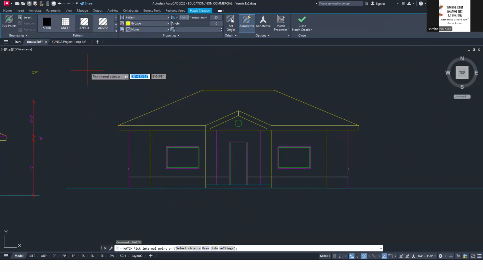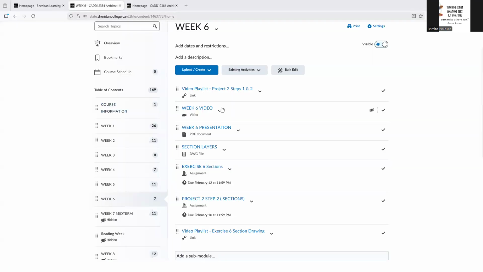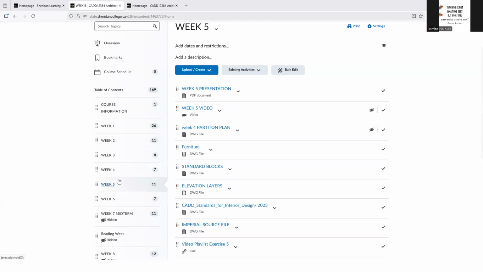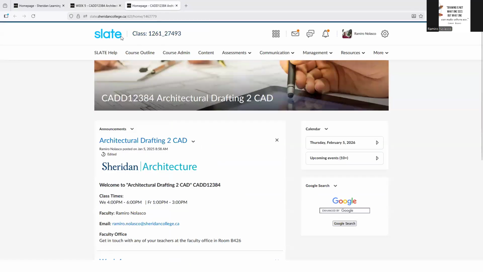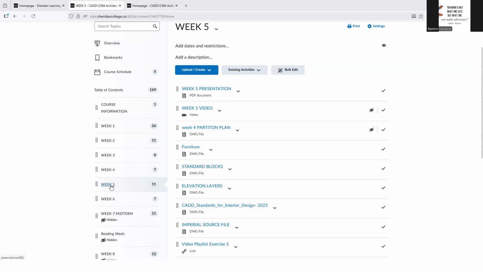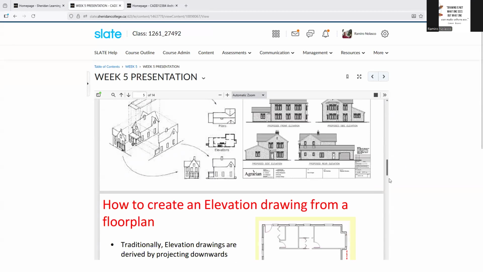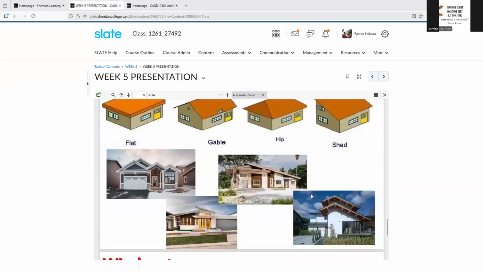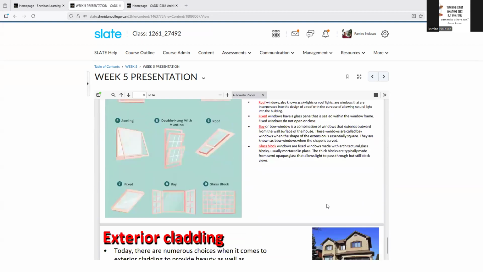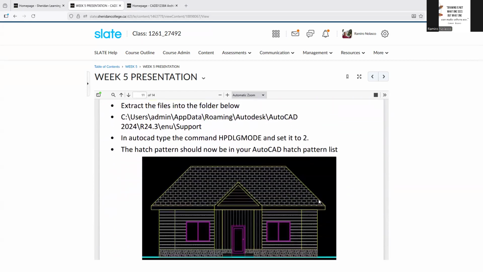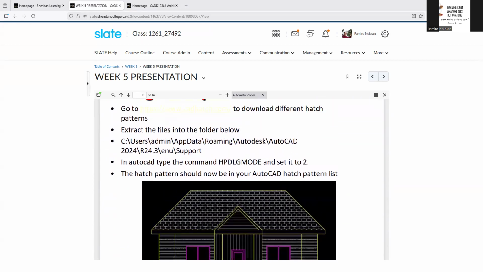Before we go to hatch, change the layer, but go back to week 5 presentation. So here there's a nice website that we can look for patterns. Okay, so window right here. So right here, right? If you click this,